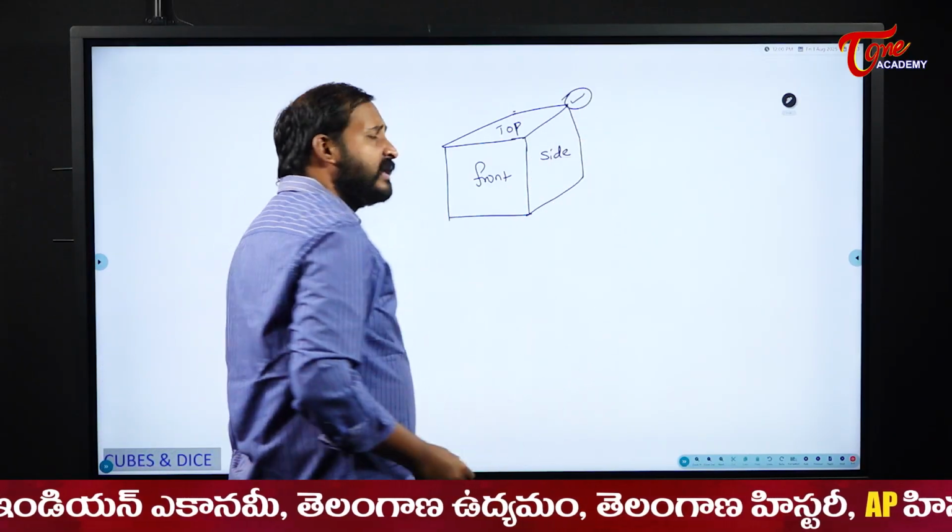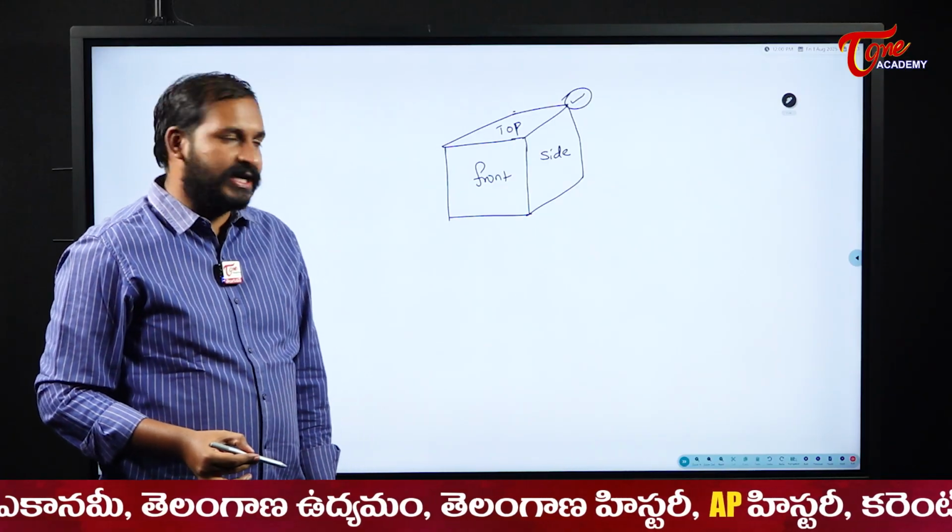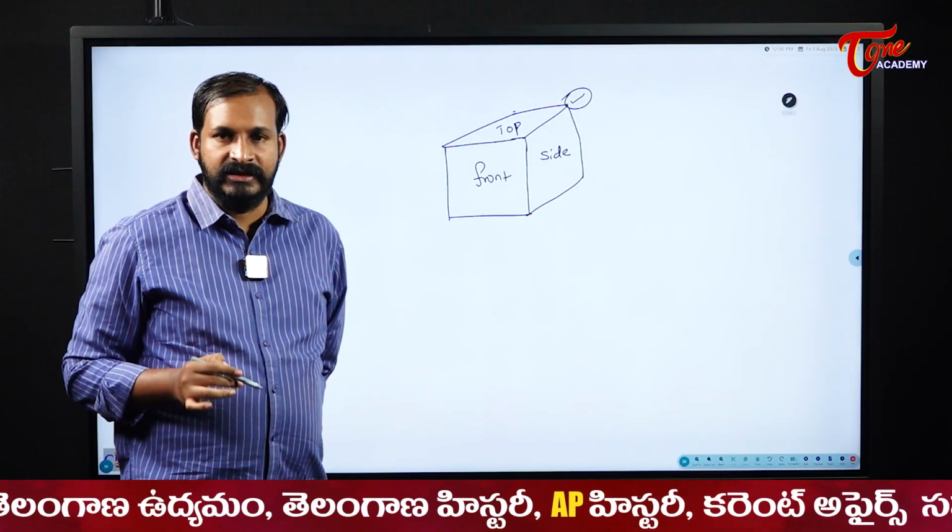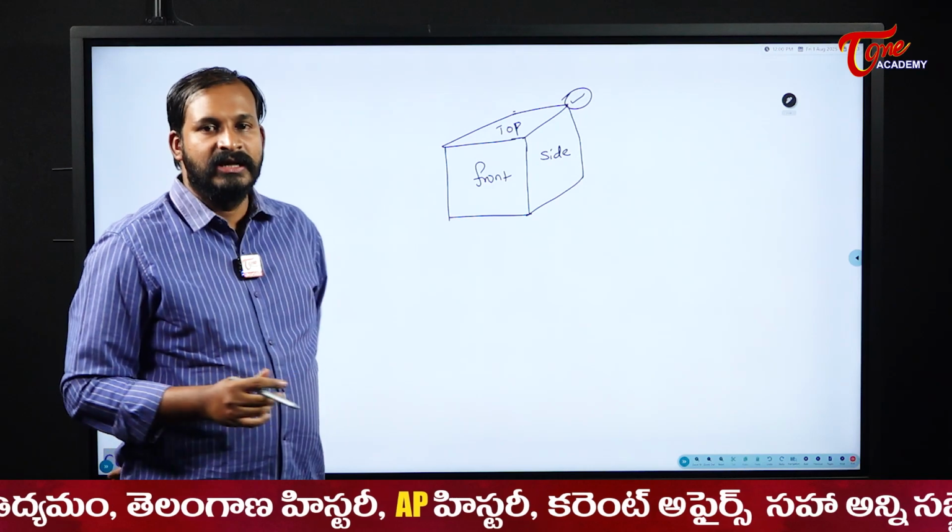At one glance we can see only 3 faces of the dice. Okay, sir, at once we can see only 3. Now come to our questions. The first one is